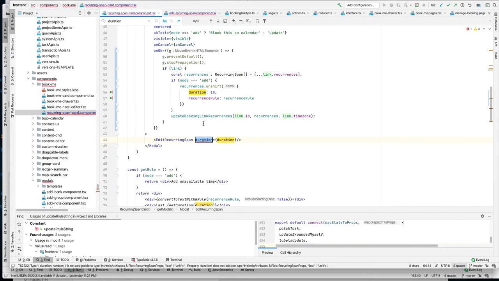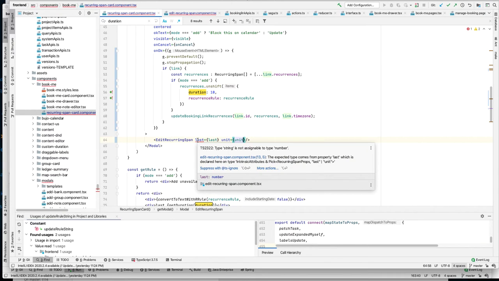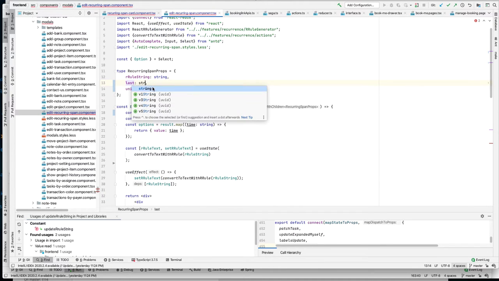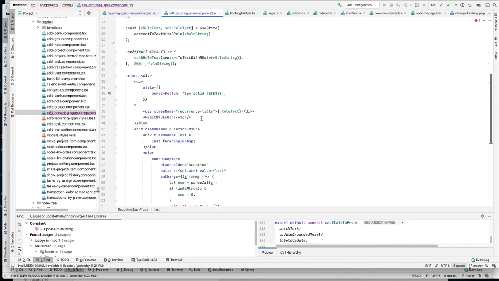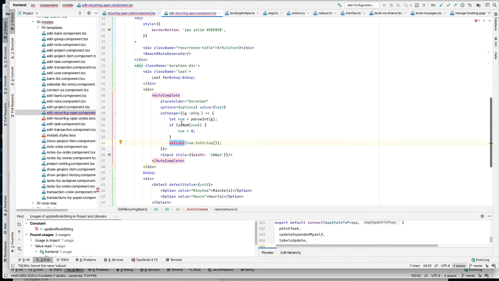Okay, let's see. So let's pass this to the child. Hopefully we're not breaking anything. Unit, okay. Why is this giving an error? String not assignable to type number. Oh, did we say this is number? Oh, this should be a string. Okay, cool. Now everything's good, except we need to pass the set last as well, because we need to call